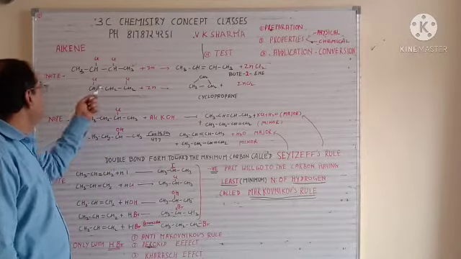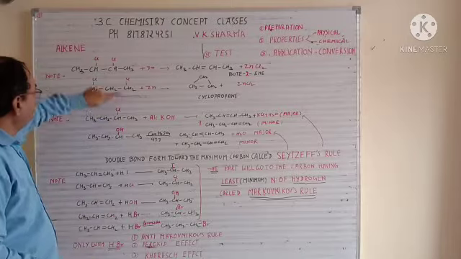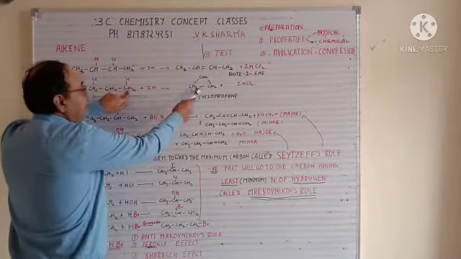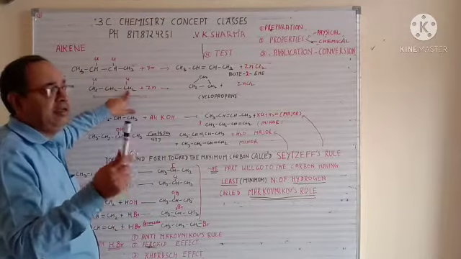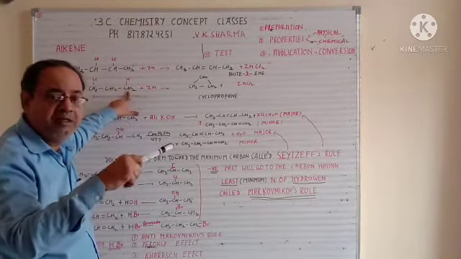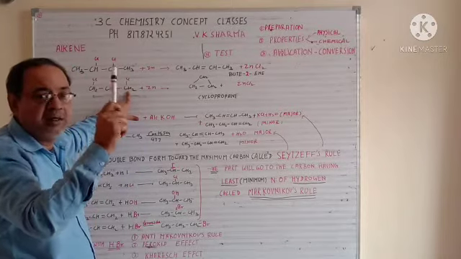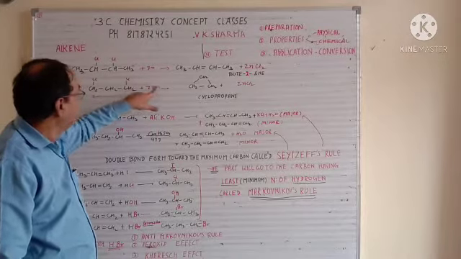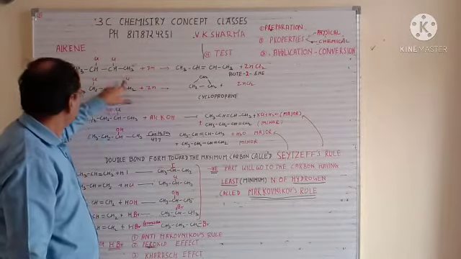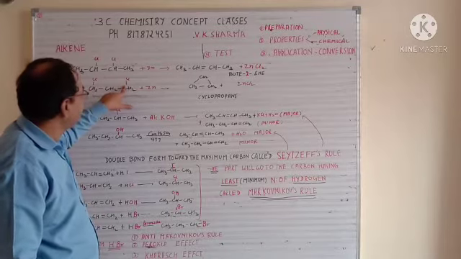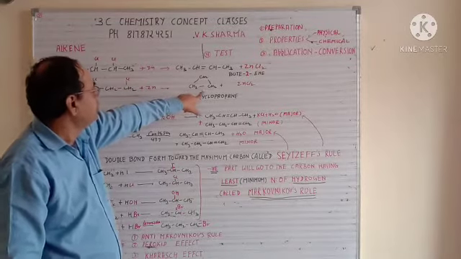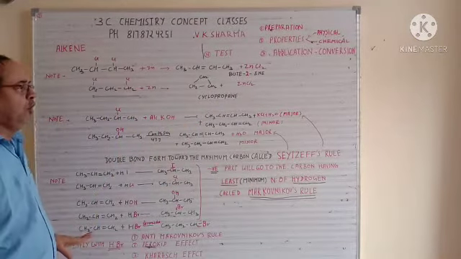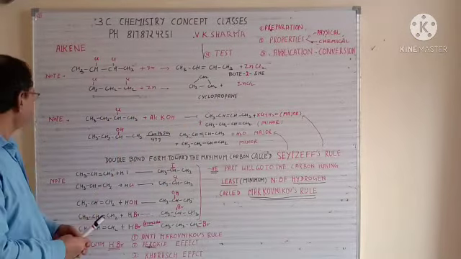Now suppose the halogens are in different positions. When the halogens are removed, this end will attach with this one, so it will convert into a cyclo form. We have cycloalkane, cycloalkene, cycloalkyne, whose nomenclature I have told you. You can look at my topic on nomenclature, where you can find all those names. So in this case, it will go into cycloformation. Zinc will react with the two halogens, and this end will attach with this one to complete carbon valency 4. So this will give you cyclopropane plus ZnCl2. So this is your note number 1. You have to keep this in your mind.